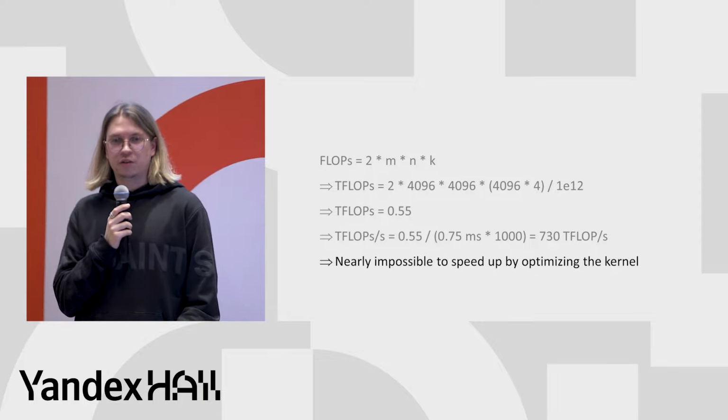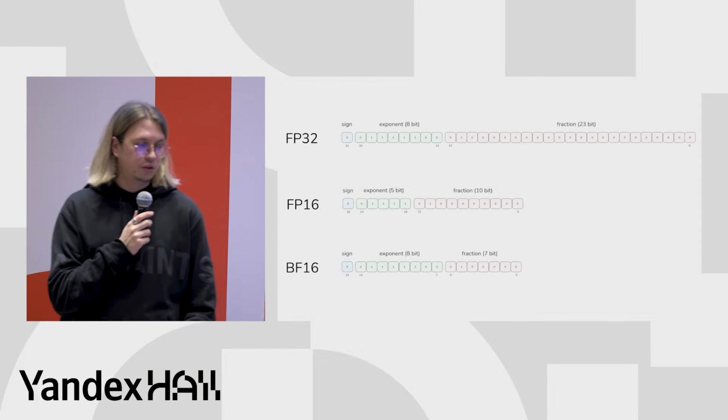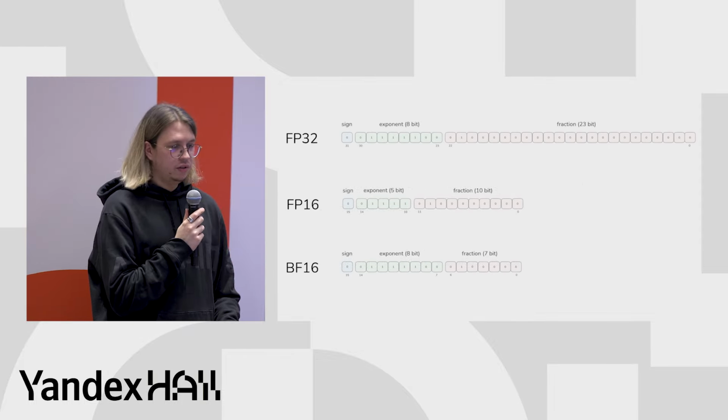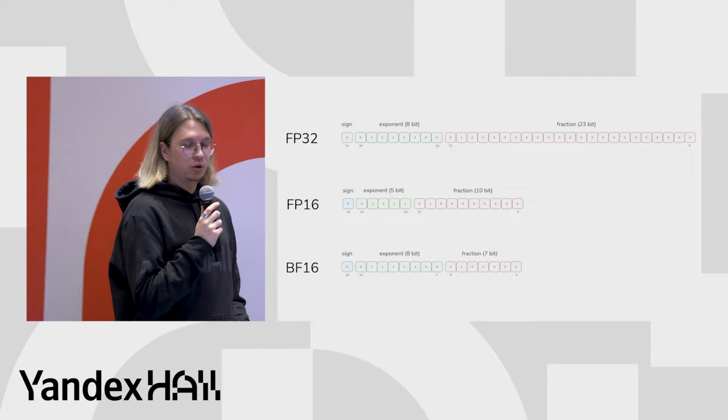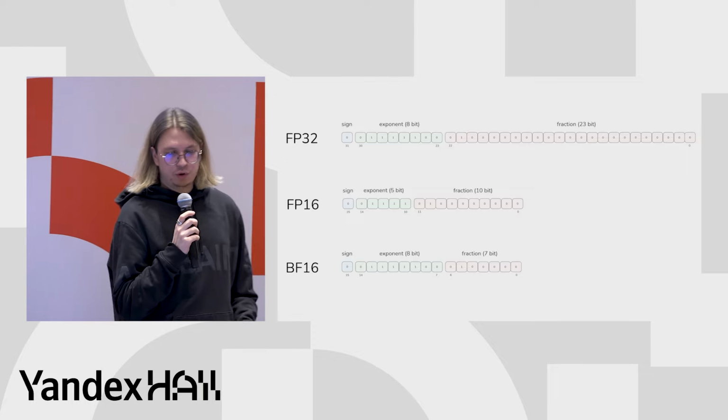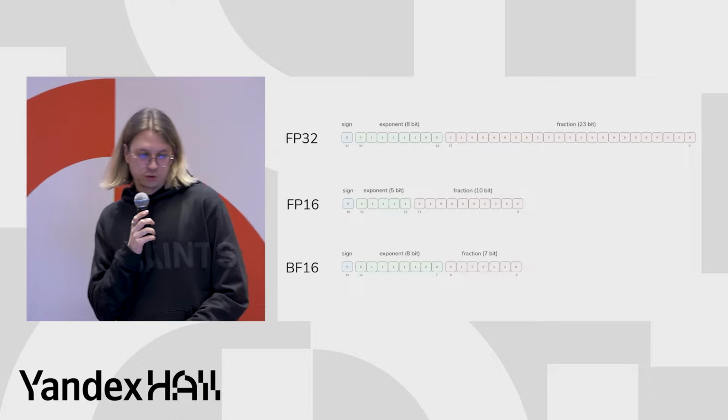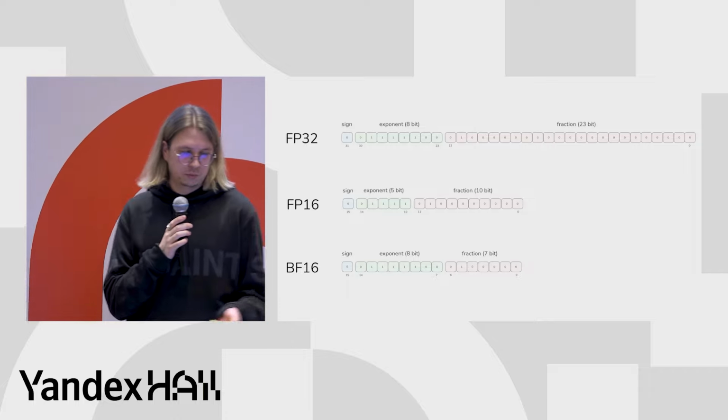So yeah, it's nearly impossible to speed up our code by optimizing the kernel. And basically the only way to speed up our matrix multiplications is to leverage a lower precision. So for lower precision, yeah, probably